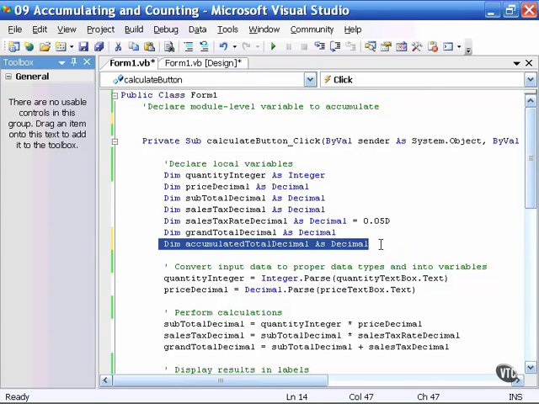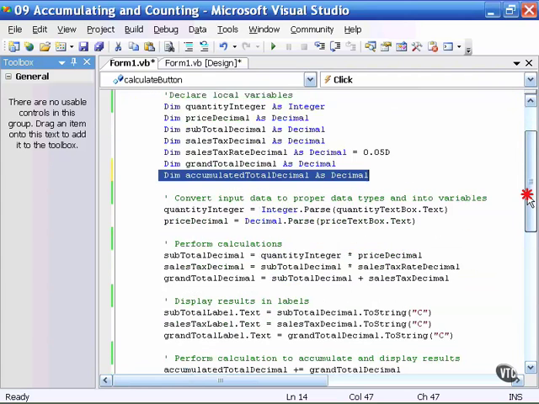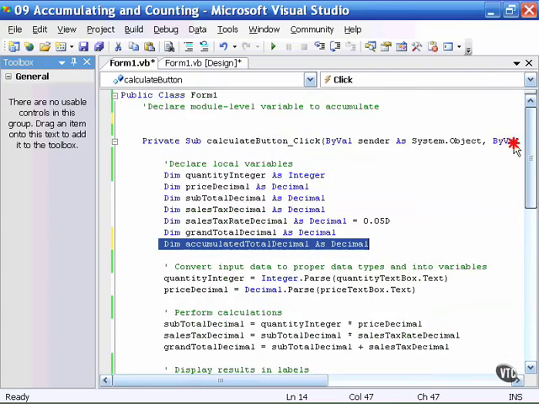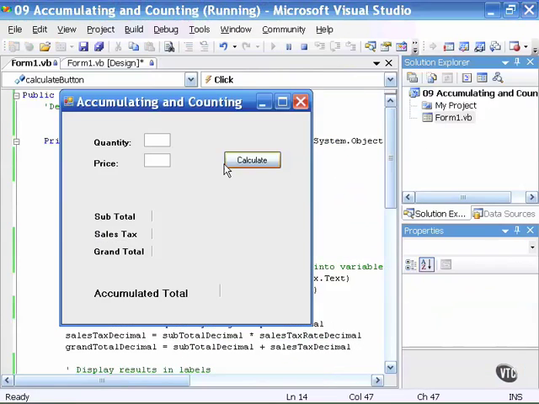This makes this accumulated total decimal variable a local variable, and you'll receive the result. I'm not making any other changes, and we'll look at the actual calculations later. But let's take a look at just the relocation of that dim statement. So now if I enter some data and calculate, the first transaction looks fine, but then when I enter another set of data and calculate,